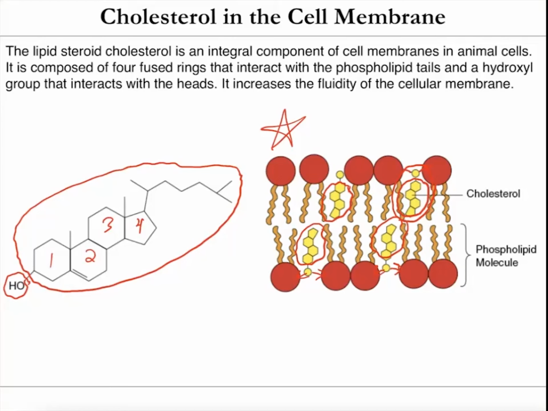So that's very convenient. And what this does is, when these are incorporated in, they push away these other hydrocarbon tails in this phospholipid bilayer. And that will increase the fluidity of the cell membrane. So some cell membranes are more fluid than others, and your body has to have ways to regulate how fluid cell membranes are. So cell membranes can't be too hard, less fluid, and they also can't be too fluid because they would just sort of fall apart. So cholesterol is a way that animals can control the fluidity of their membranes for different purposes.